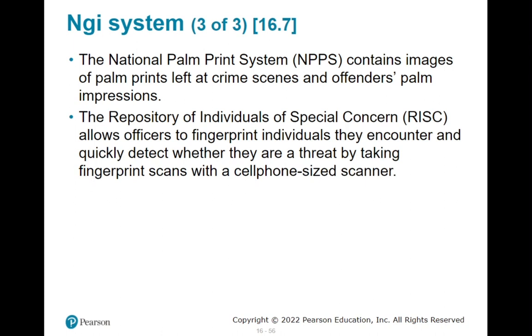There's also a palm print system that can match up palm prints, a repository of individuals of special concern or risk, that allows them to search for people that are threats, and fingerprint scans with a cell phone size scanner,